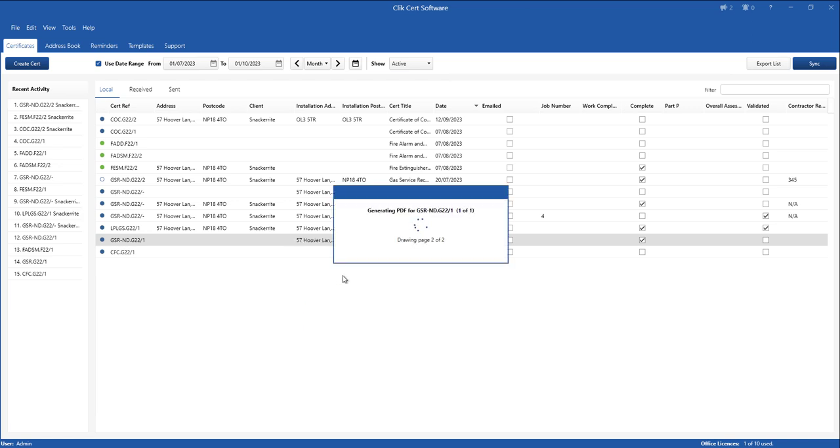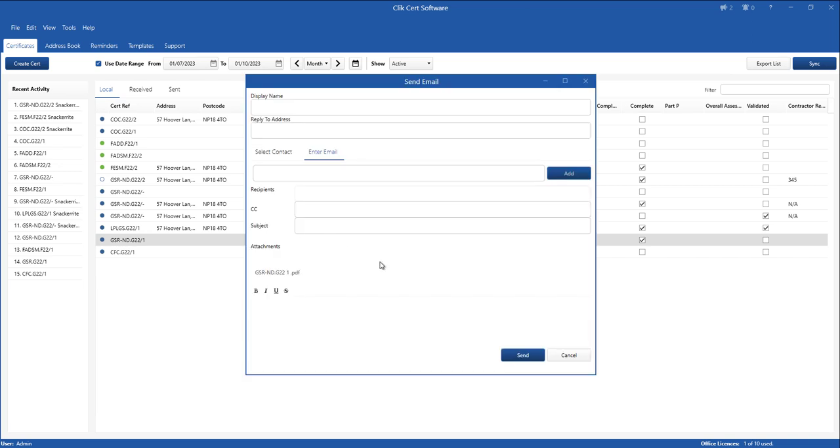It's just going to compile it as a PDF now. Now from here we can fill in the email details and choose the contact to send to. So if I hit select contact, it'll find the contact details for that company from the address book, or you can just hit enter email and then put in the email address there.